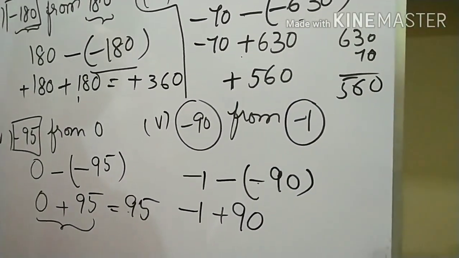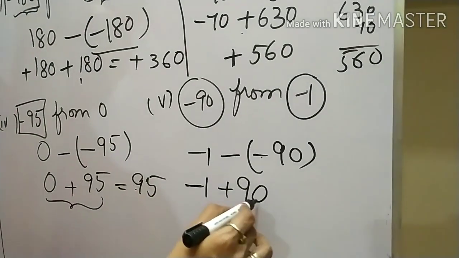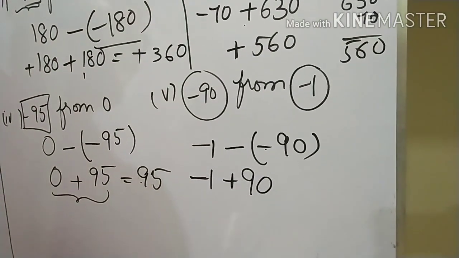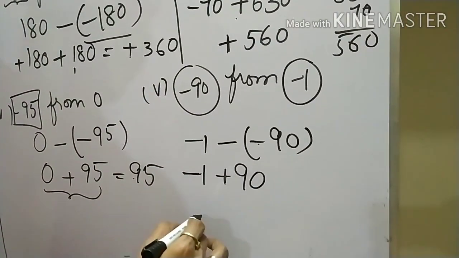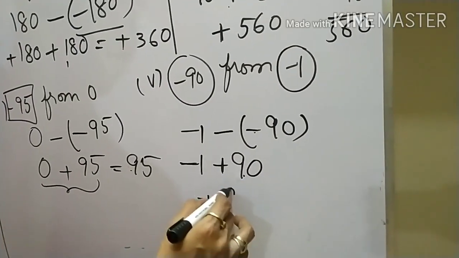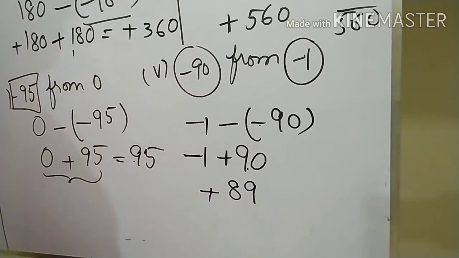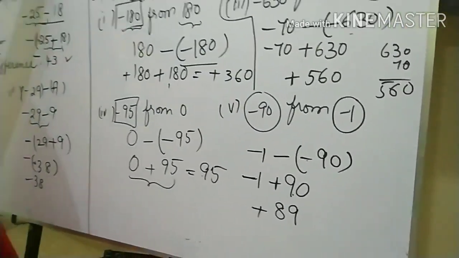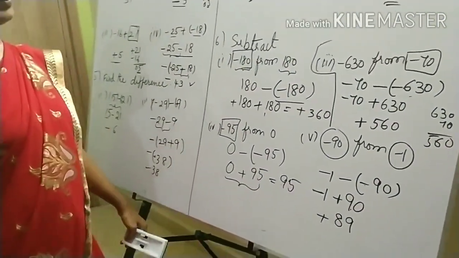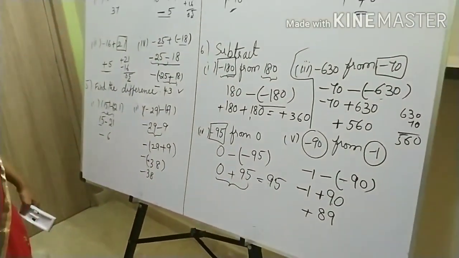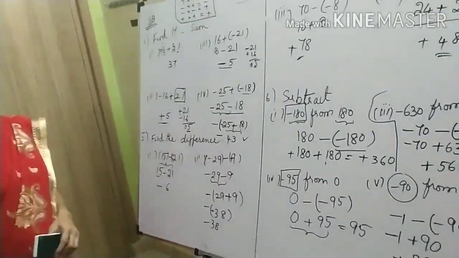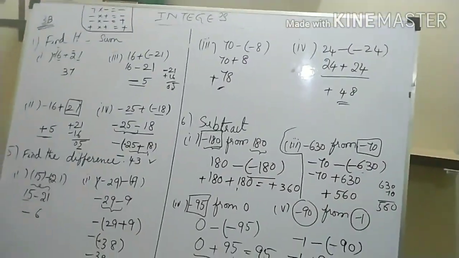Okay. Plus 90. 1 we have to subtract from plus 90. What is the bigger number here? 90. What is the sign before that one? Plus. 90 minus 1 is 89. Okay, so that is your answer here. See the next problems. Note down this one.